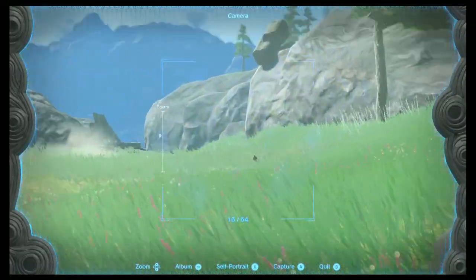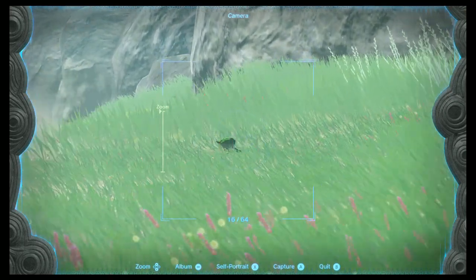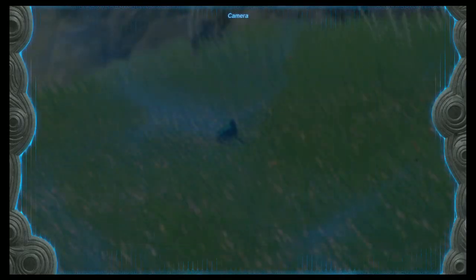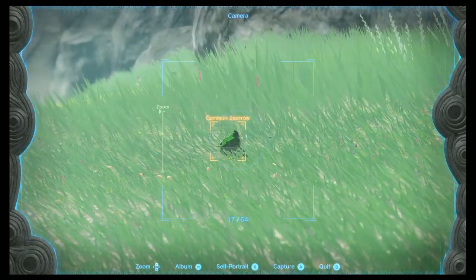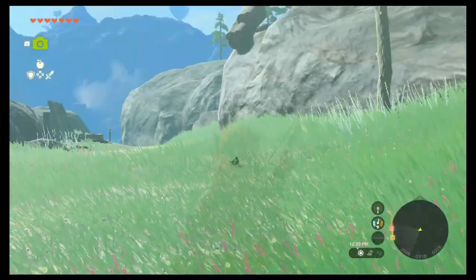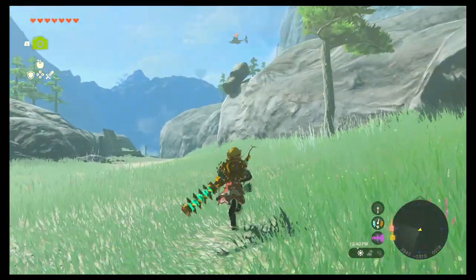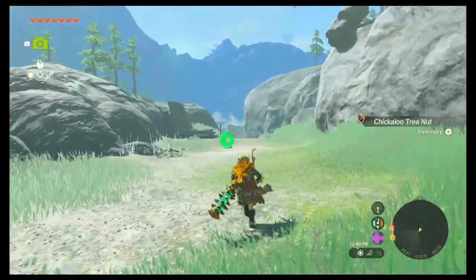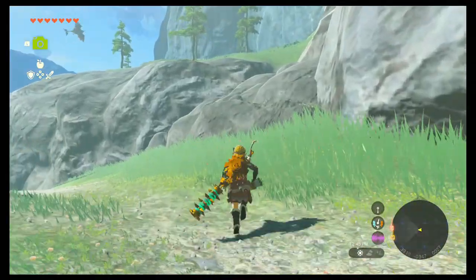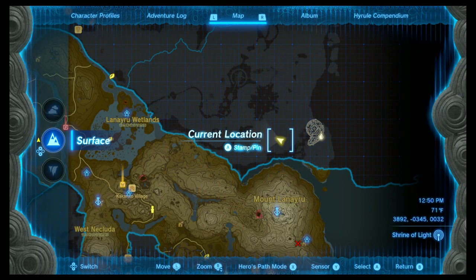Let's take a photo of this. Little bird. Come on, little bird, look at us. That didn't work. I kind of wish they had spent a little more time perfecting the photo taking system. The way it recognizes that you're taking a photo of something that's...